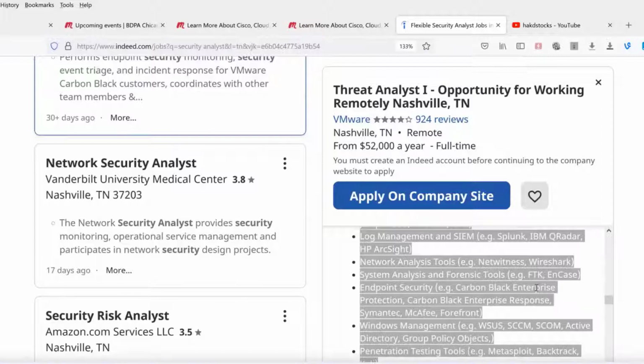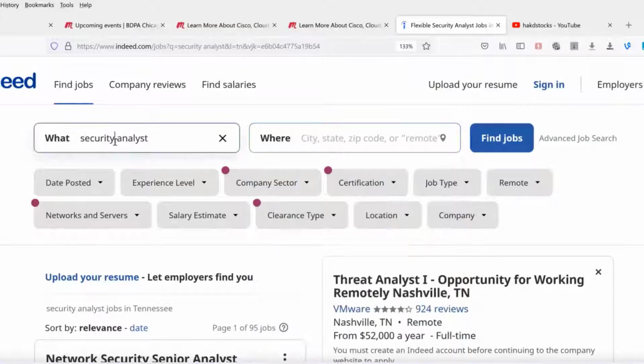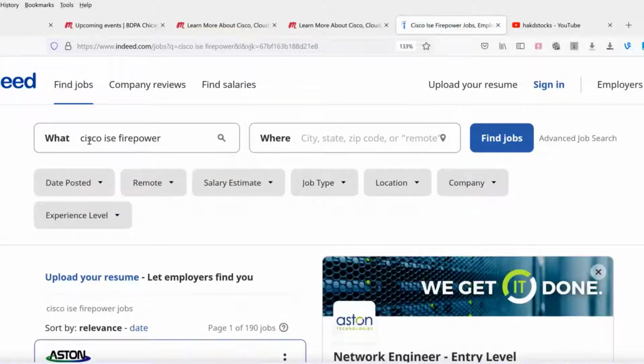And it's okay to, at one point, I would spend time looking at job descriptions for my job. The reason that I do that is because I want to make sure that I know what somebody else wants, so it keeps me ear to the ground. And this is what I mean. Say, for example, my global search is going to be anywhere. So what I'm going to do is look up Cisco ISE and Firepower. And when I look at the jobs, it came up with 190. So now what I'm going to do,